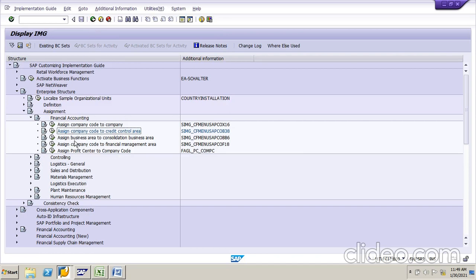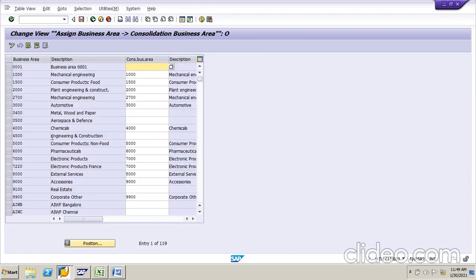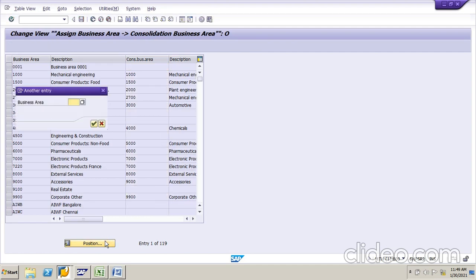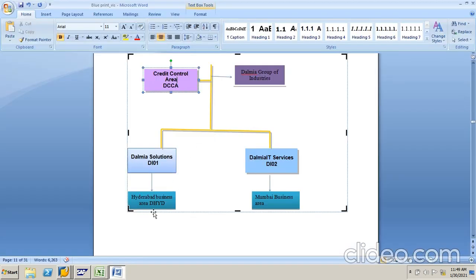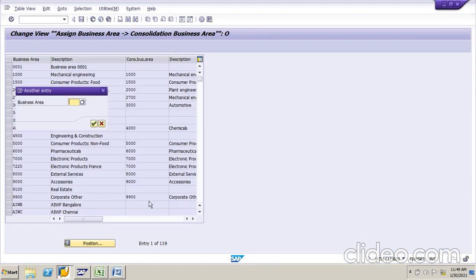So next step is assign business area to consolidated business area. Just click this one. Position. So what is our business area? DHYD.